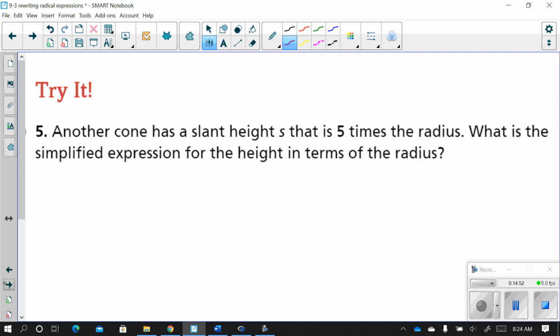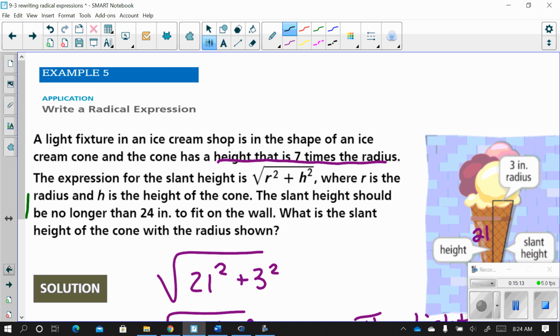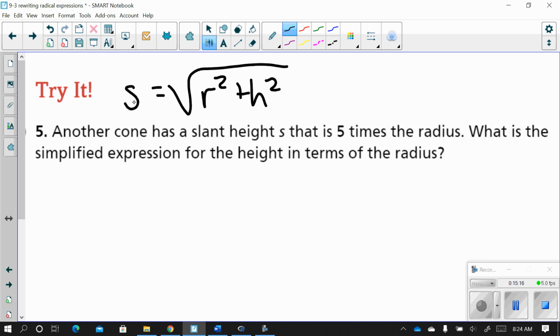Okay, number 5 is a little bit different. Another cone has a slant height s that is 5 times the radius. What is the simplified expression for the height in terms of the radius? Well, remember, the slant height is the square root of r squared plus h squared. So I know slant height s is 5 times the radius. So I'm going to write 5r equals the square root of r squared plus